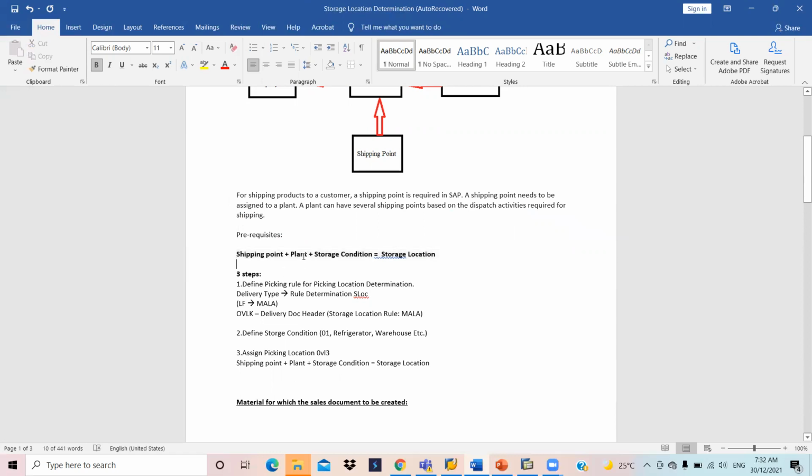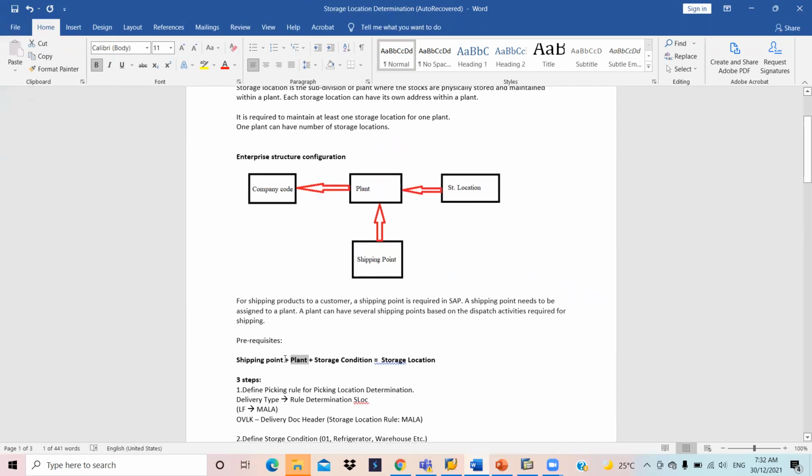Basically, you need at least one material to place a sales order, so the plant data and the storage condition data are pulled from the material configuration. And as I said before, the shipping point and the storage location are set up in the enterprise structure configuration.